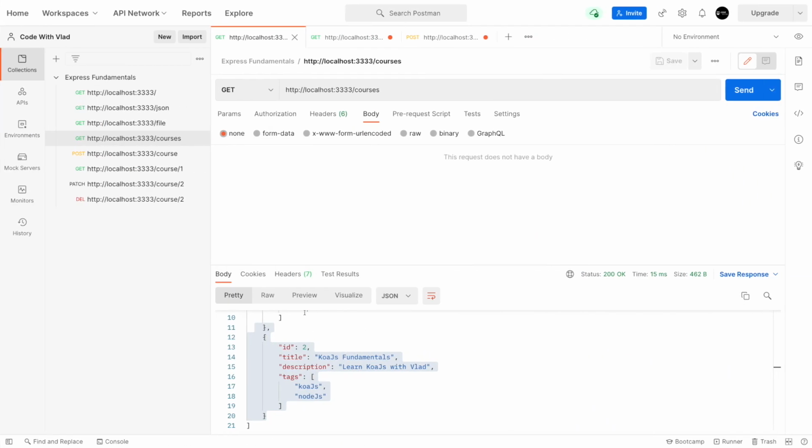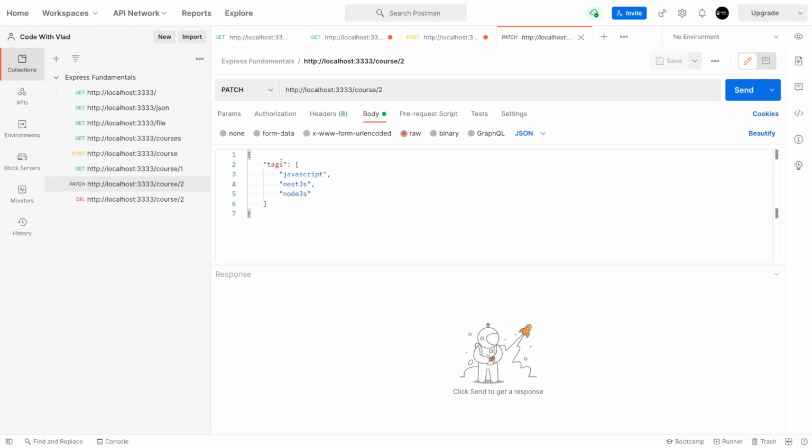So we want to inject the body. Like we can provide anything here in the body, and we should be able to inject it into the course. So we can update the description, the title, the tags, but we don't want to update the ID. We don't want to let the user update the ID. So the way to do it